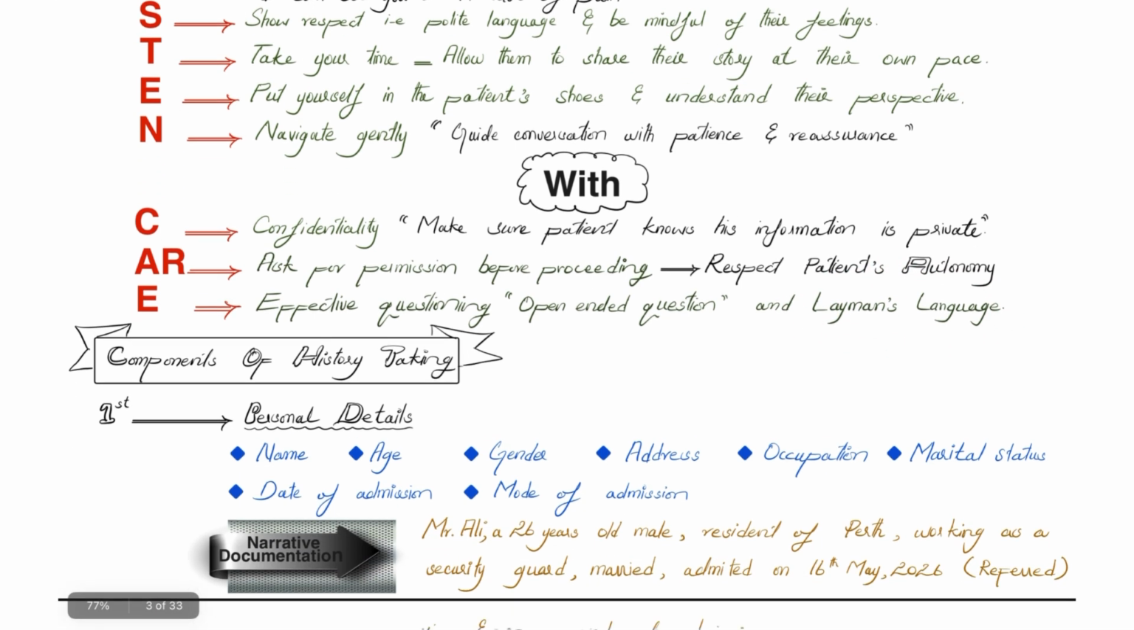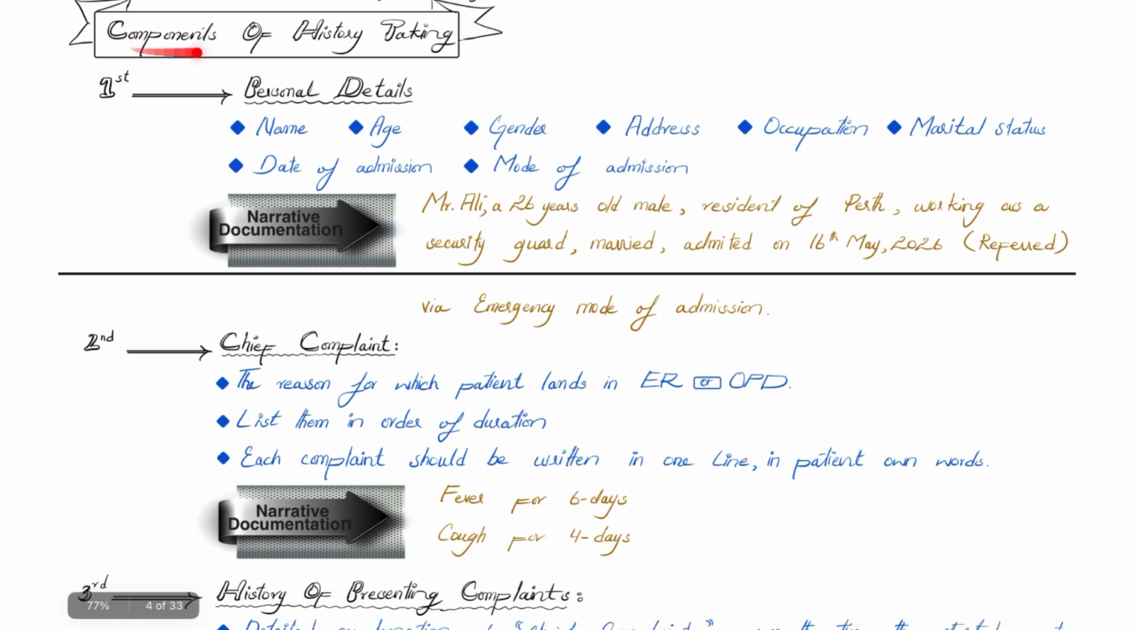This is the time that we have to focus on the components of history taking. The first one is the personal details or biodata of the patient. Take the name, age, gender, address, occupation, marital status, date of admission, and mode of admission. You can narrate it in this way, for example: Mr. Ali or Mr. X, a 26-year-old male, resident of Earth, working as a security guard, married, admitted on 16th May